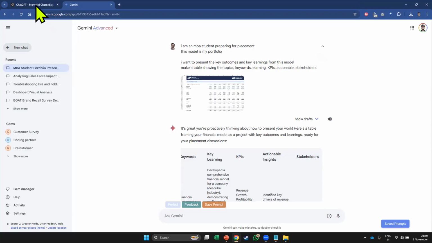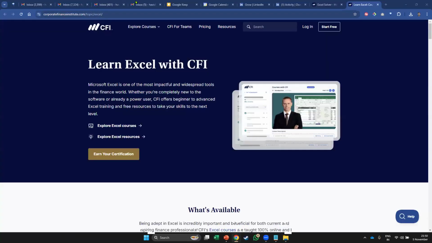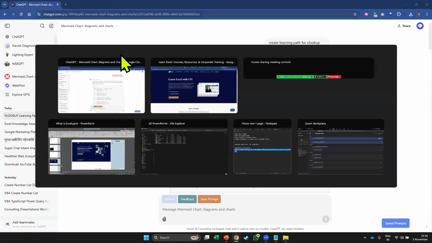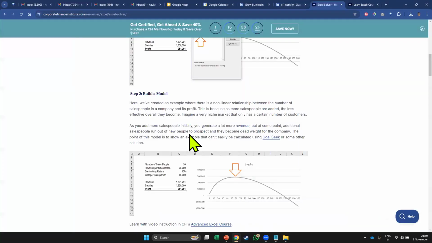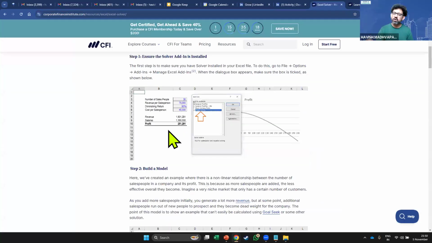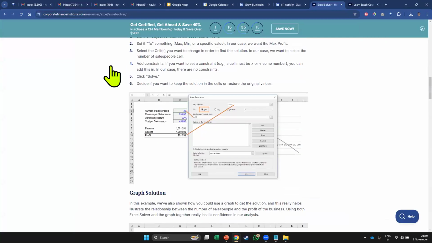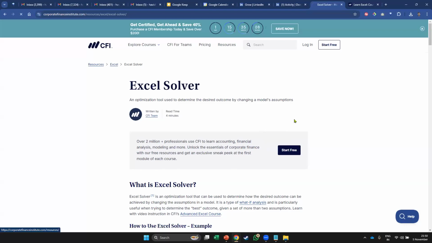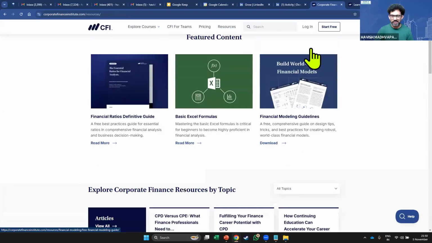Right. And sir, on the CFI website, you told something about the financial planning and analysis part. What was that? Then you went on to some other link. So on CFI, essentially, Excel templates is what I wanted to show you. Like the one that you have here, you'll find a lot of other templates available as well. Okay. So it's there on the CFI website and we have to go to resources or where? Just go to resources, you'll find a lot of it available.